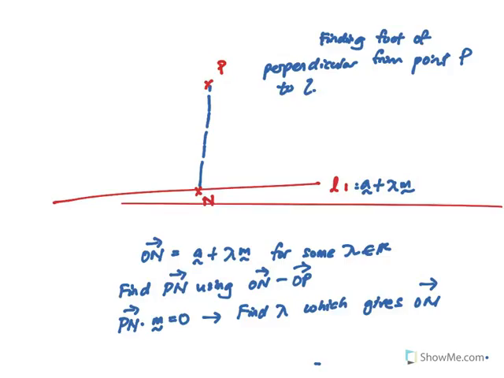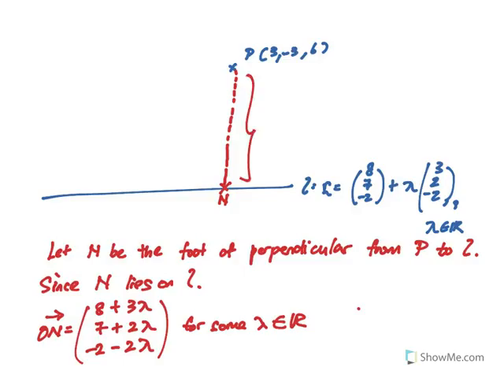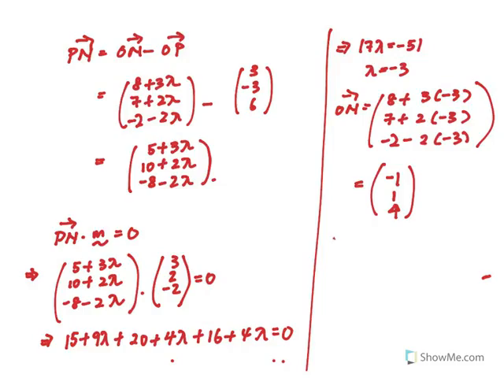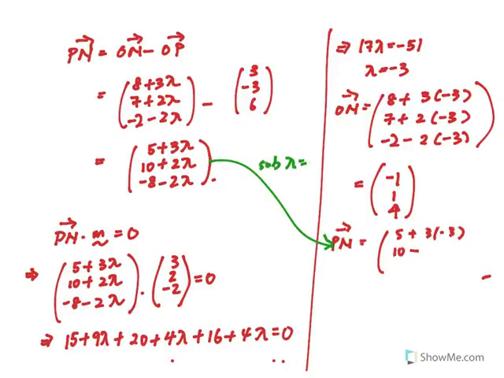So basically, what they want us to do is find PN and also find the length of this. Basically, this is the perpendicular distance from point P to L. First, let's find PN. PN will be equal to 5 plus 3 times negative 3, 10 plus 2 times negative 3, minus 8 minus 2 times negative 3, using this formula, and we substitute the lambda we have found, negative 3. Your PN should give you negative 4,